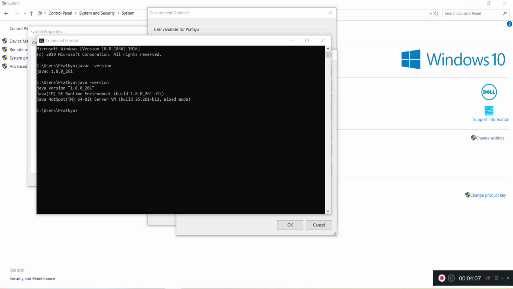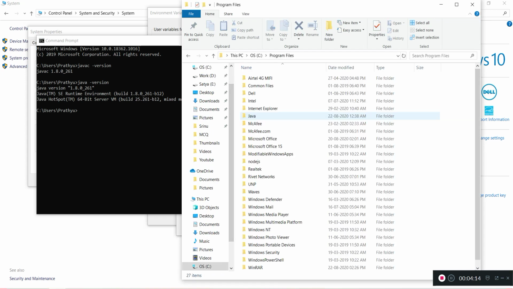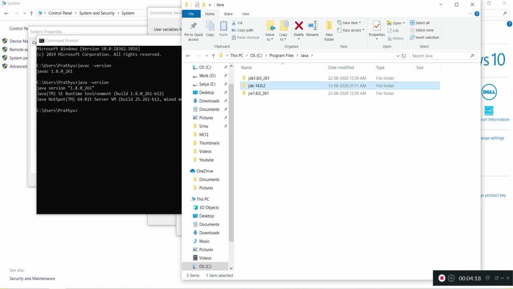Let me go to Program Files and see what all Java has been installed. See Program Files and Java. Here you can see JDK 1.8, JRE 1.8 and JDK 14. So in my machine I have JDK 1.8 and JDK 14. Currently my command prompt and my terminal is using Java 1.8.